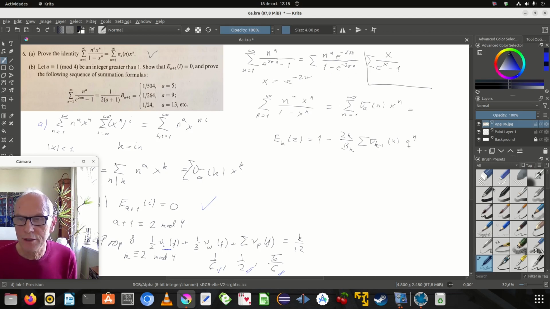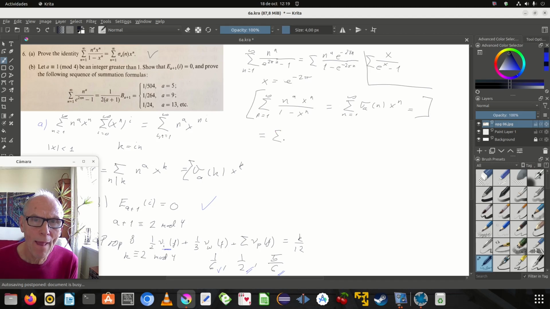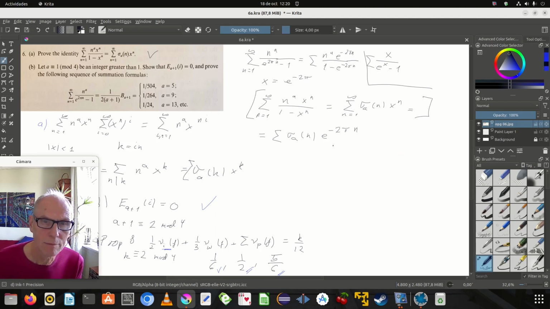We have to finish this first. The sum here equals e to minus 2 pi. That's the value we get